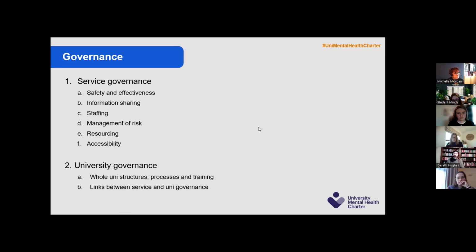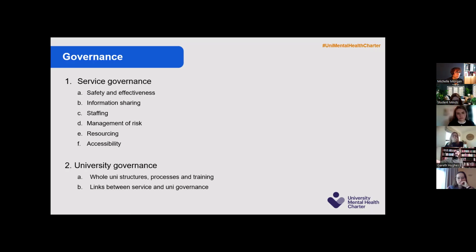The other element of governance that I think is really important is the university level governance as well. We can clearly see that those universities that do really well have really good governance in place to oversee their whole university approach. They've got a really good working committee. It's not just dumped on one person. They've got a group that's bringing together departments from across the institution, that's also plugged into the decision-making and deliberative structures within the university.